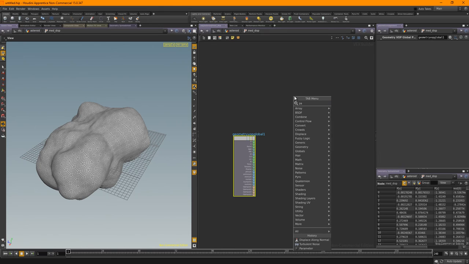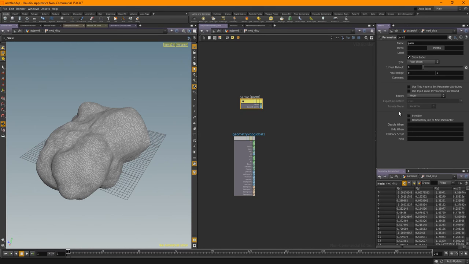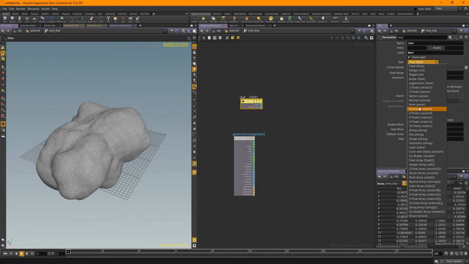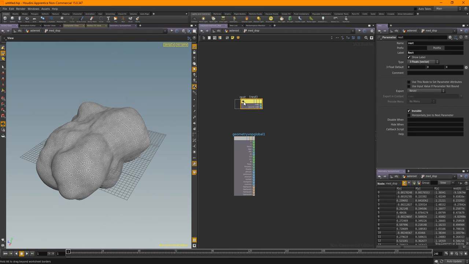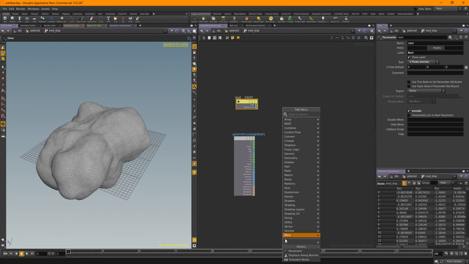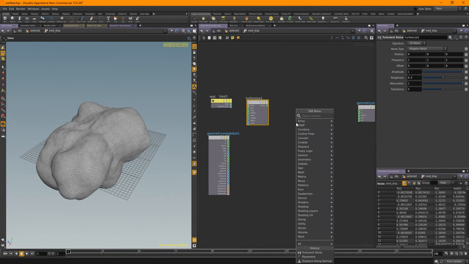We'll get parameter, make that invisible. Again, I'm going to import the rest position, and rest position. Okay. And again, let's go to 3 floats vector. And turbulent noise. We're going to go with the turbulent noise again. I think so.